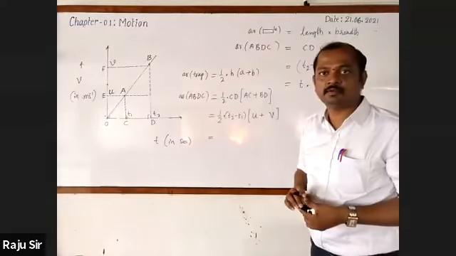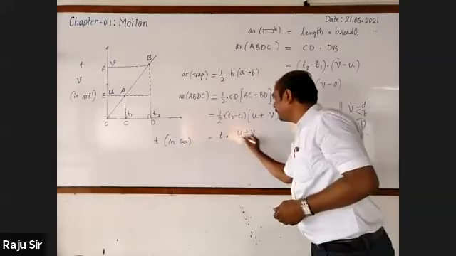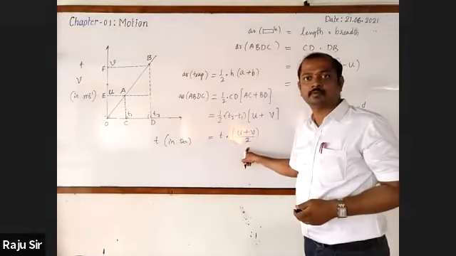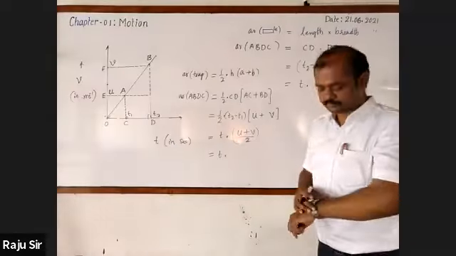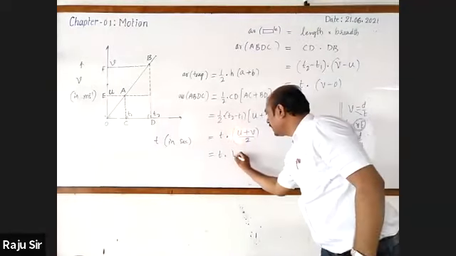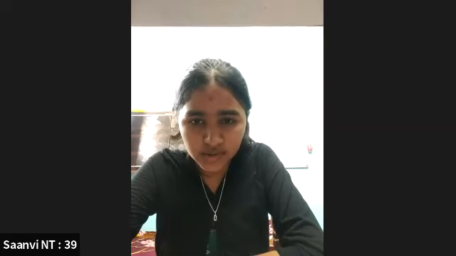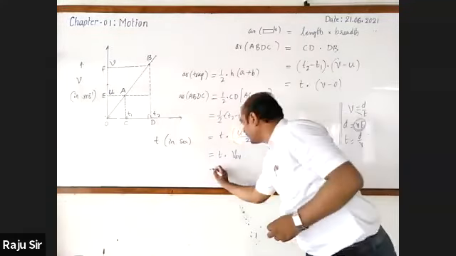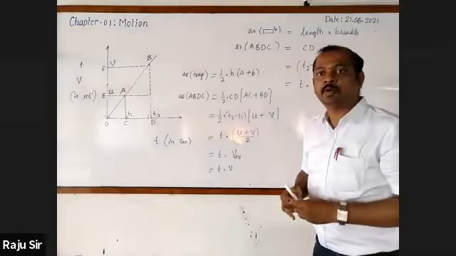What is T2 minus T1? T. Now it is U plus V by 2. Can I write so? Yes, sir. This is T into (U plus V) by 2. What is (V plus U) by 2? Average velocity. Very good. It is average velocity, V average. Average velocity is also a velocity. Hence, I take T into V. What is T into V? Distance.